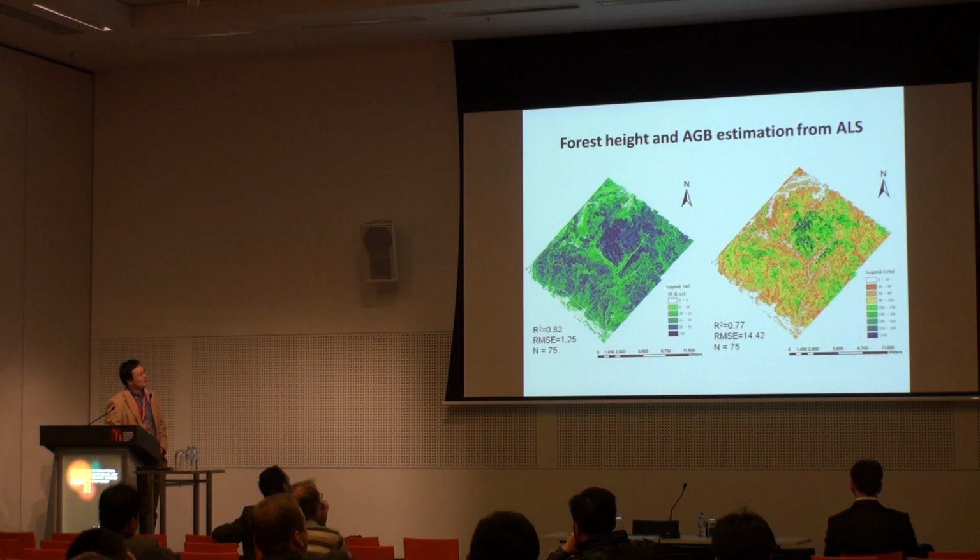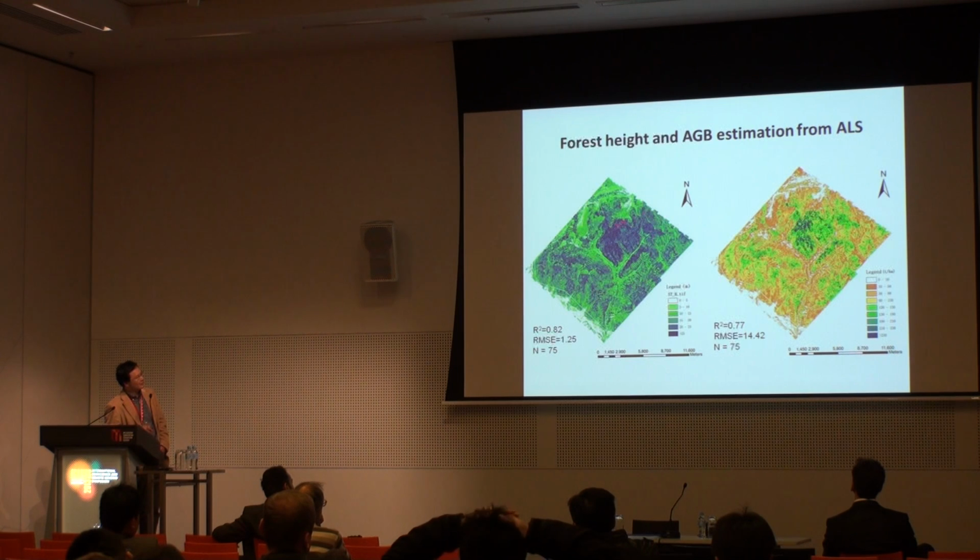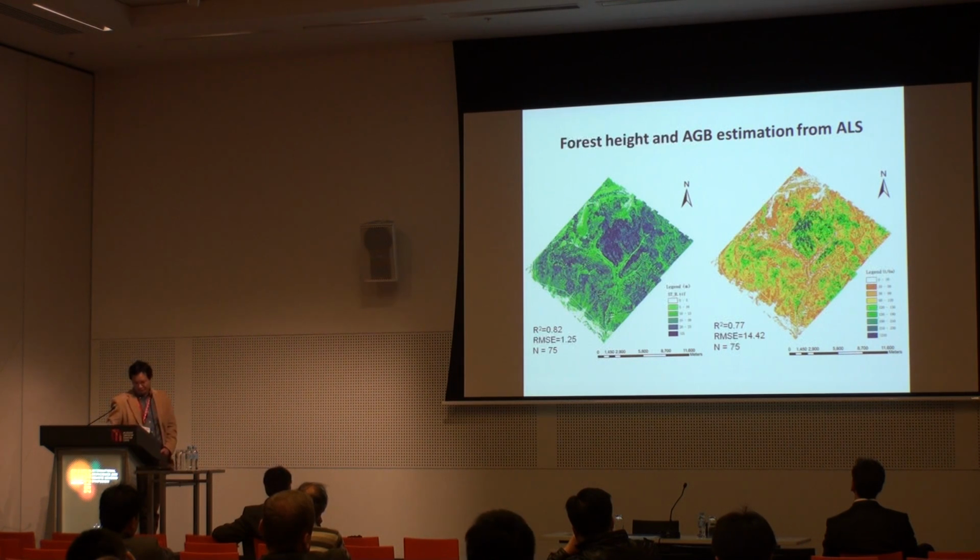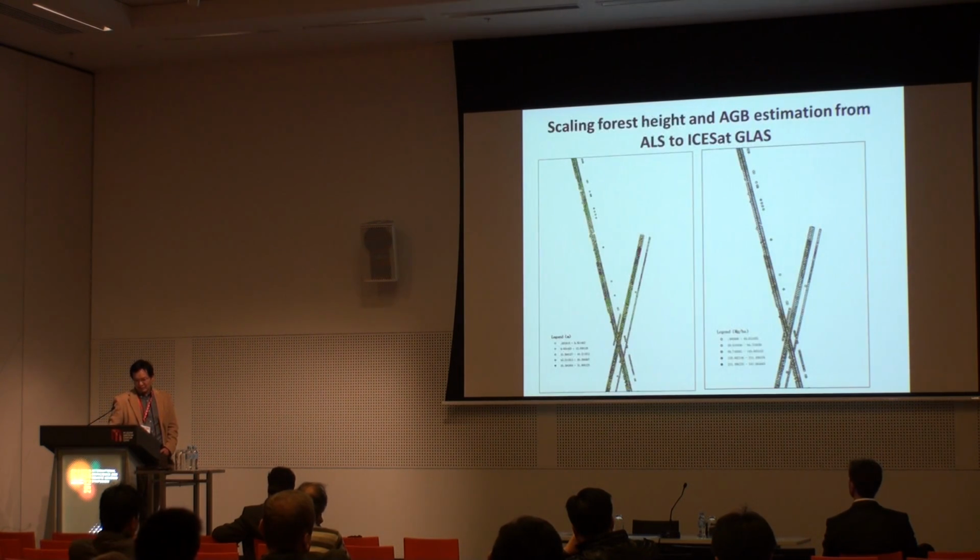This is from the forest research station here. The forest research station here. You can see that you have a better forest background biomass levels. You can see that this is the height and this is the biomass mapping. And after we got this information, we also can train this